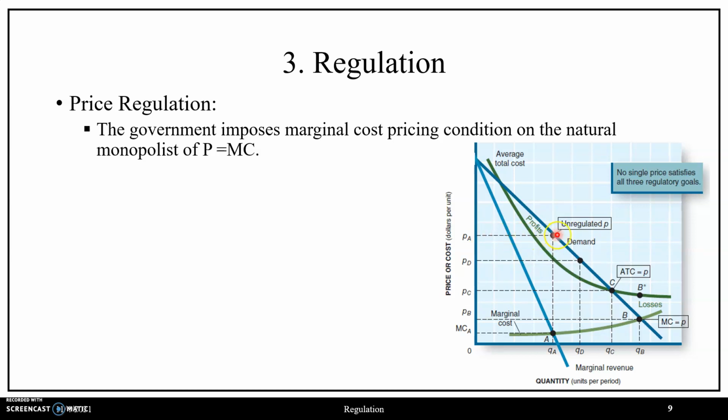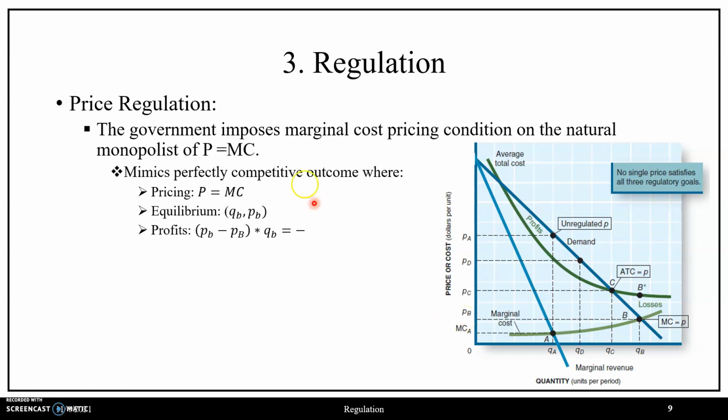So instead of being at the equilibrium point of price point PA and quantity level QA, with marginal cost pricing being enforced, this then has marginal cost intersecting market demand, such that we are mimicking market supply equaling market demand for the perfectly competitive market structure, where this then leads to the outcome of a quantity level QB and a price point PB in this market now, where overall this then mimics the perfectly competitive market structure